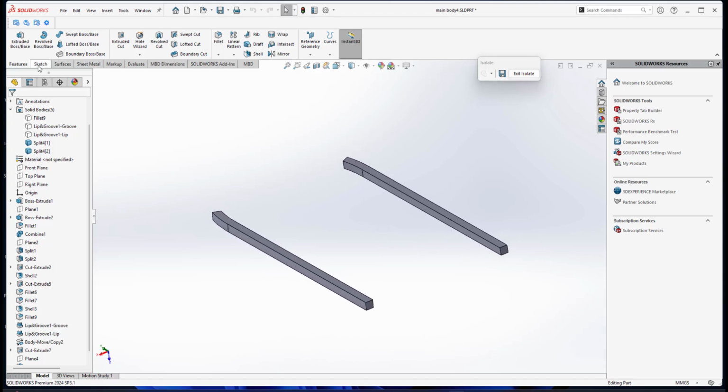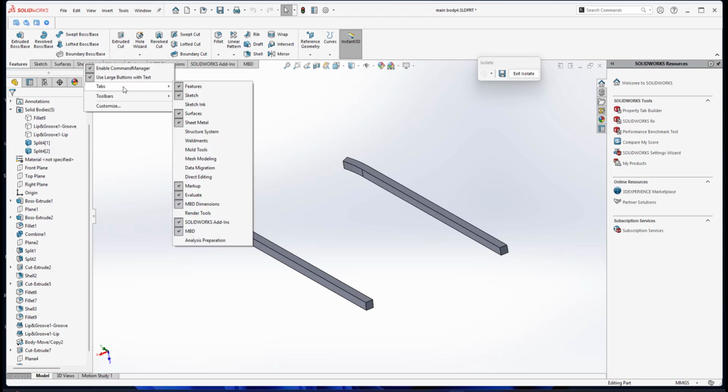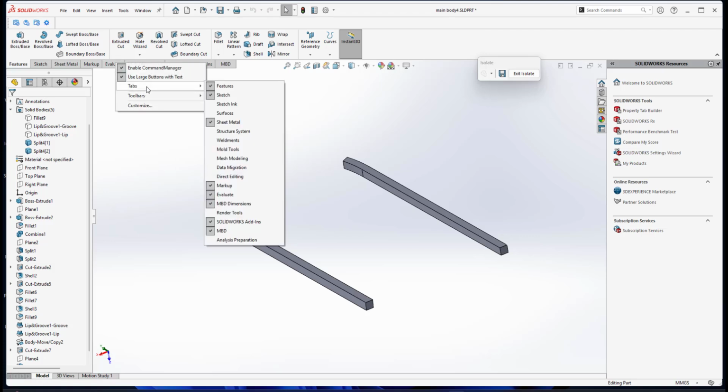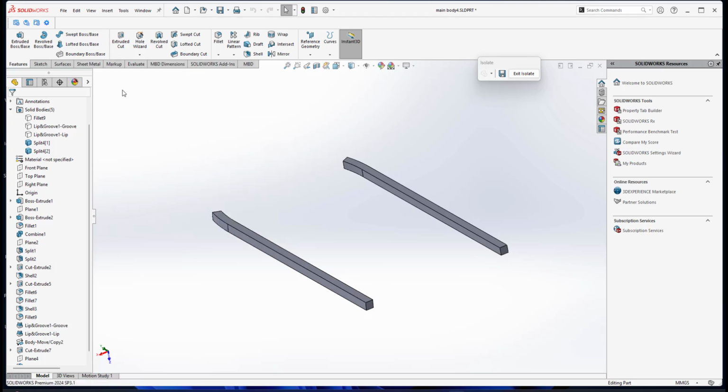in your tab here, above here, I have features, sketch. I have a surface here. Sometimes depending on your setting, your interface, you don't have a surface tab here. Sometimes when you bring your mouse like this, you right click at it. By default, you may not have a surface tab here. So I just bring my mouse here, right click at it, tab, then make sure surface is checked. So I have a surface. Surface means